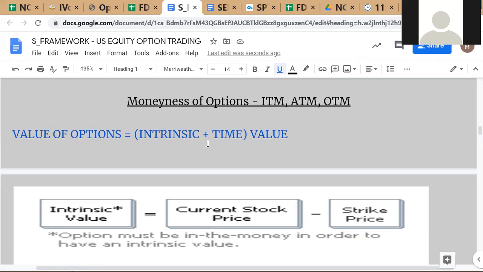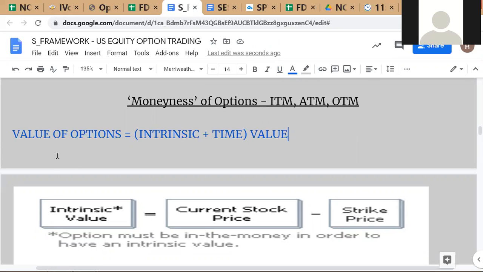Maybe this is actually a term of art, so let me put a little inverted commas here. So we're going to learn three things. ITM stands for in the money. Okay. ATM stands for at the money. That is, I am standing at the bus stop. I am in the room. And out of the money. OTM stands for out of the money. Okay. Which is I have gone out of the room, out of the money.